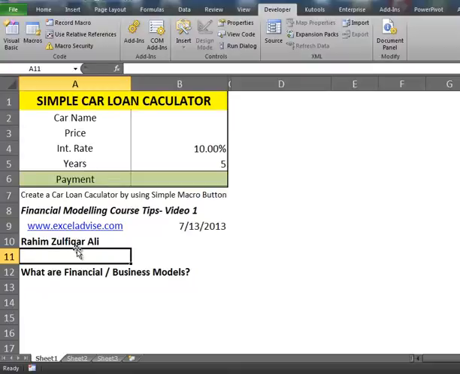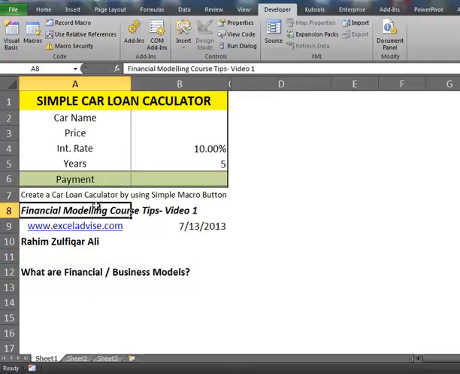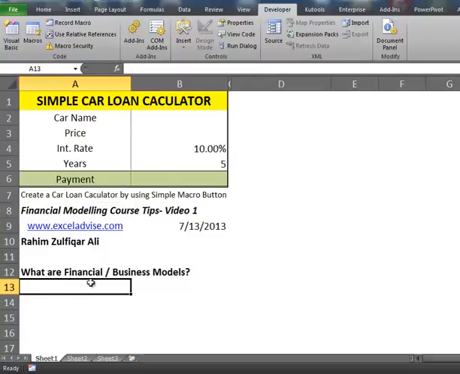He has to be capable enough to develop a tool for analysis as per his own requirement, where financial or business modeling helps and allows him to design and develop an application for his own problem rather than depending upon programmers. So this is the first little introduction to financial and business models.